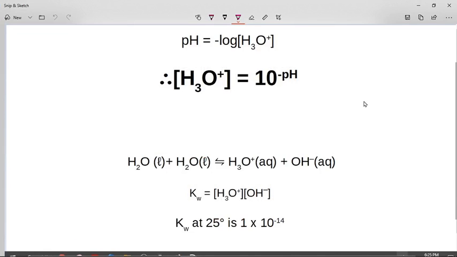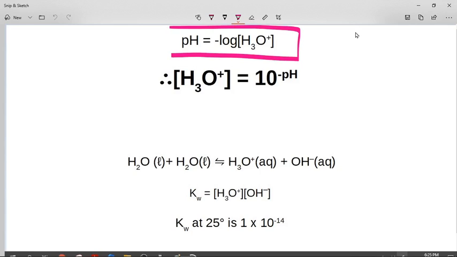Okay, I want to talk to you a little bit here about pH and how to calculate pH. Now, obviously, this is the pH formula that is given in your data sheet, and it says pH equals minus log the hydronium ion concentration. So if you get a solution of, for instance, hydrochloric acid, and they say this is the concentration of hydrochloric acid, you just substitute into this equation the concentration of the hydronium ions and you will come out with a